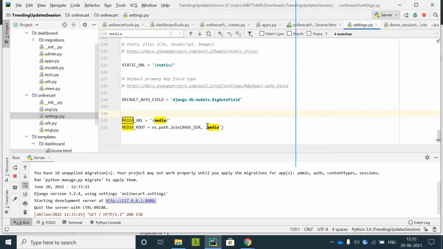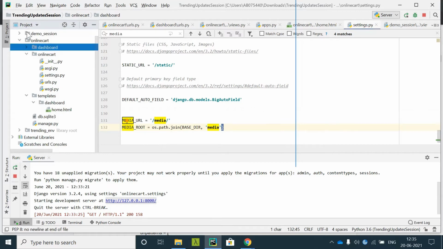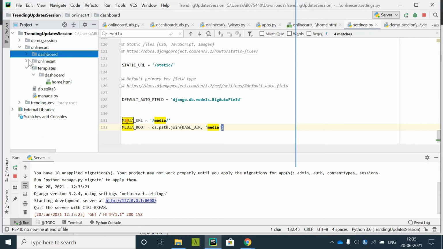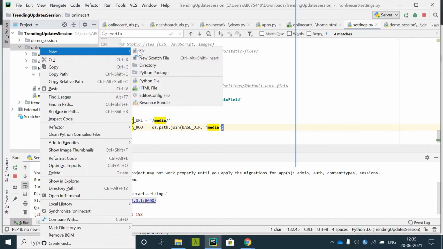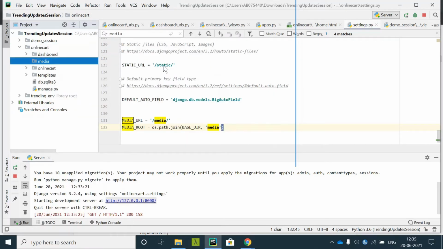Now what this indicates is that, like the templates folder, we can also create the media folder inside the project directory. Go here and create the media folder. This media folder can be used to upload the files. Now I'll leave it as it is.